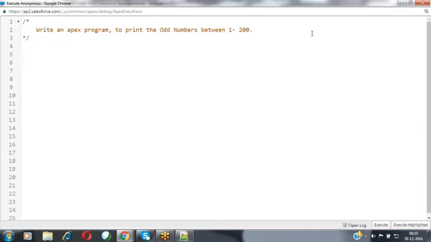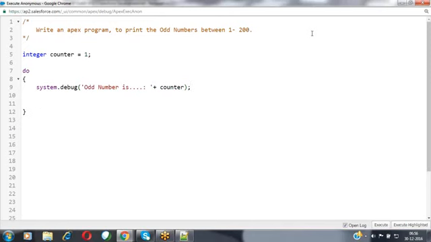For that, where will the odd numbers start from? From 1. So I'm using integer counter initialized as 1. After that, I'm writing the do while statement. I'm printing the value with system.debug: odd number is, and then the counter.